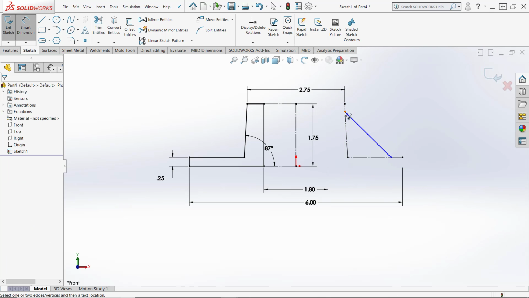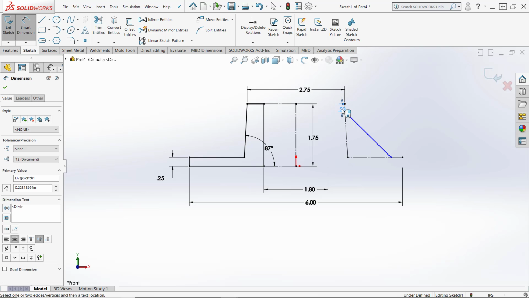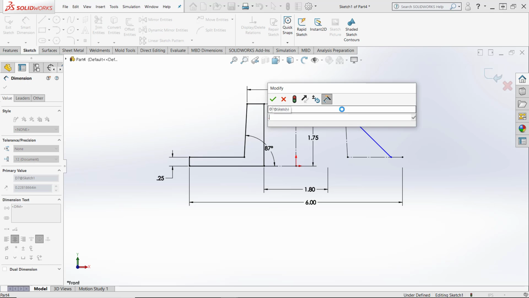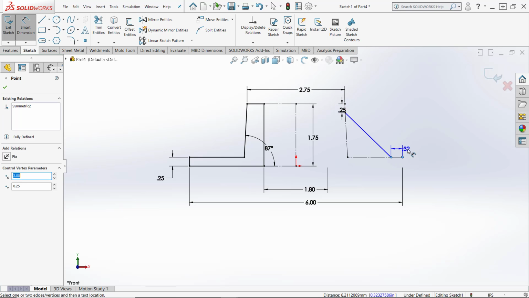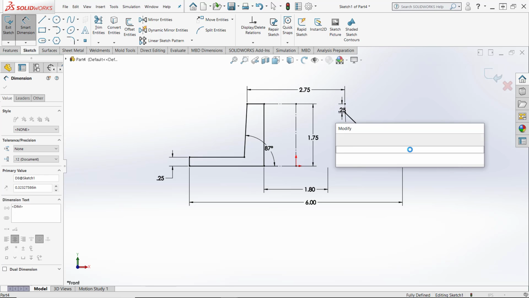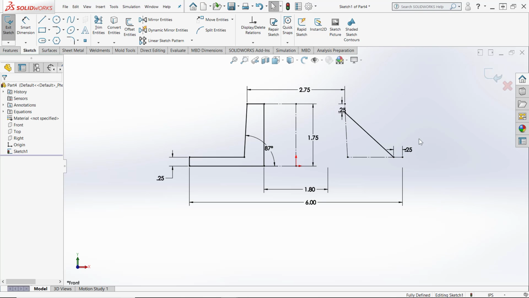I'll dimension that distance from here down to here as 0.25. Make sure I get that vertical distance. And I'll dimension this distance from here to here also as 0.25. Okay. Now I will finish this sketch,